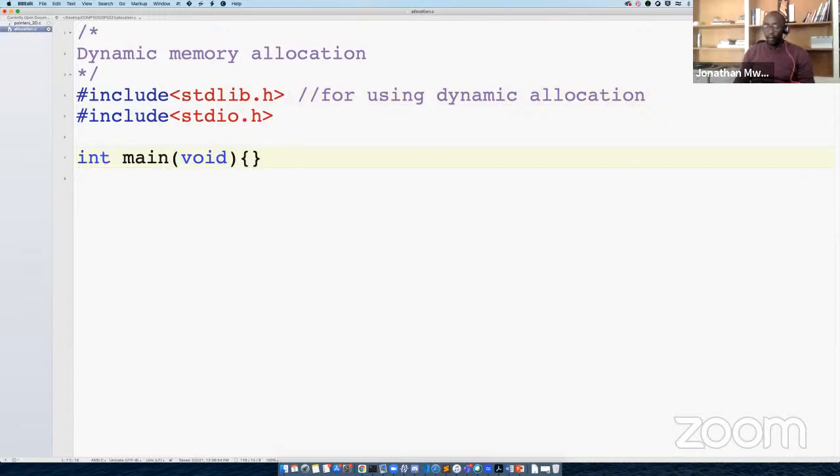When we do that, we can then do a couple of things. Remember, we are just revisiting this concept of creating arrays dynamically.